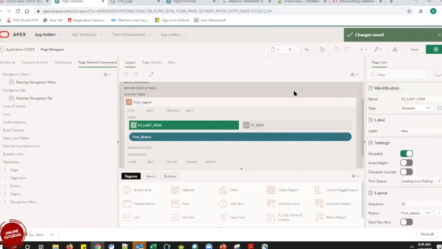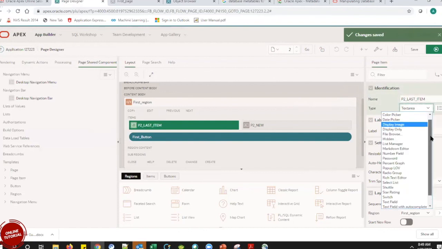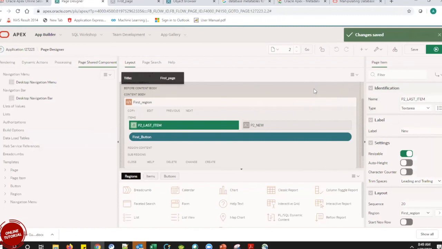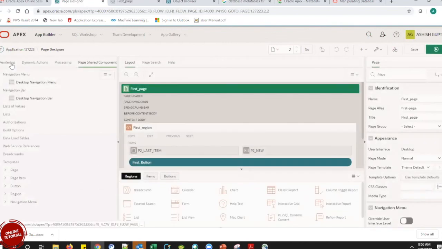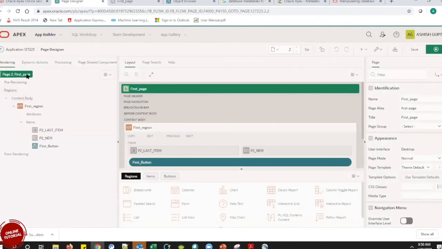Tomorrow, just to recap what we have gone through: we design an application. The first thing is you have the page, page 0, and then we define the regions, items, and all those things. Correct. So if we come to the page that we were on yesterday, first we had a page.